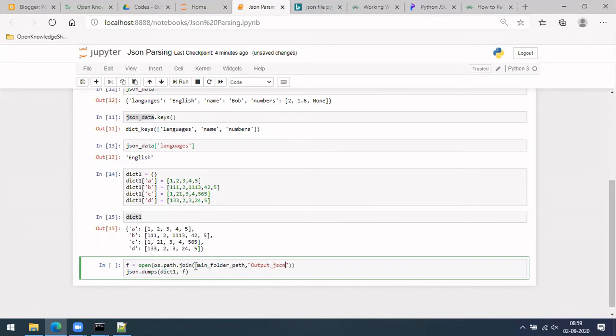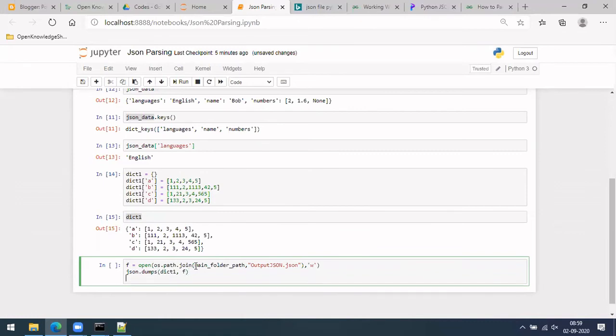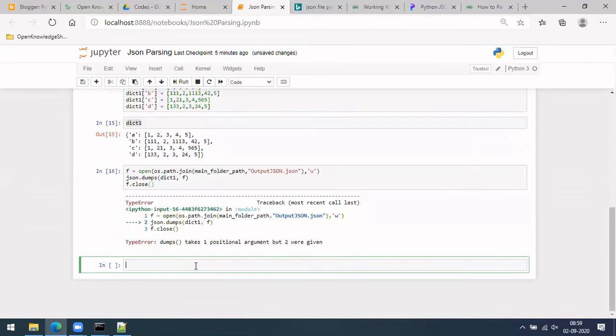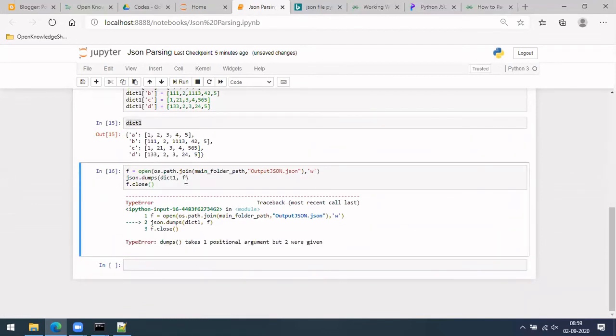Okay, this one, JSON. And now it will be in write mode, and then f dot close. If you do this, let's see what you will get. So dump takes only one argument, two were given here.